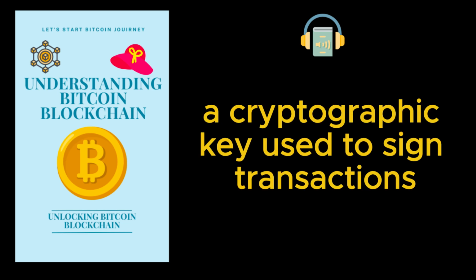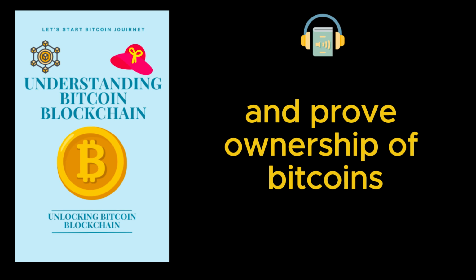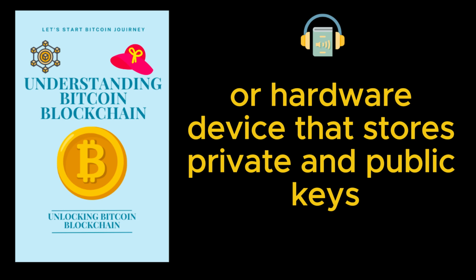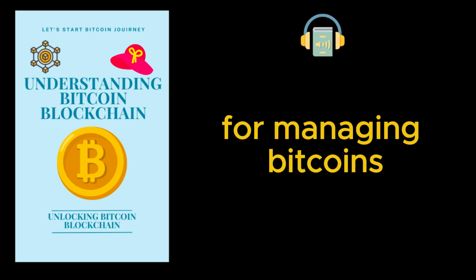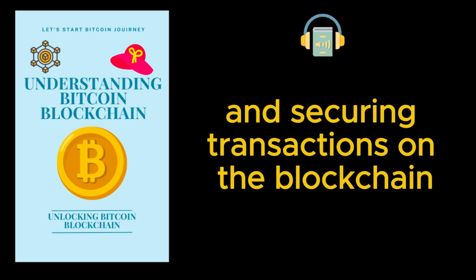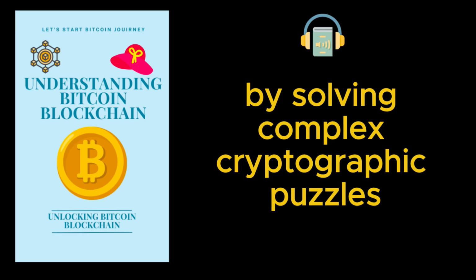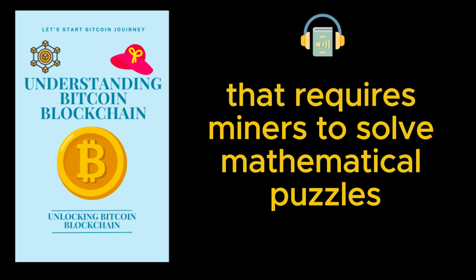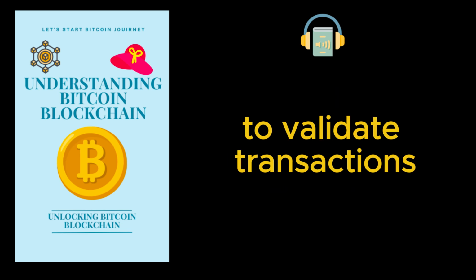Private key, a cryptographic key used to sign transactions and prove ownership of bitcoins. Wallet, a software or hardware device that stores private and public keys for managing bitcoins. Mining, the process of validating and securing transactions on the blockchain by solving complex cryptographic puzzles. Proof of work, POW, a consensus mechanism that requires miners to solve mathematical puzzles to validate transactions and add blocks